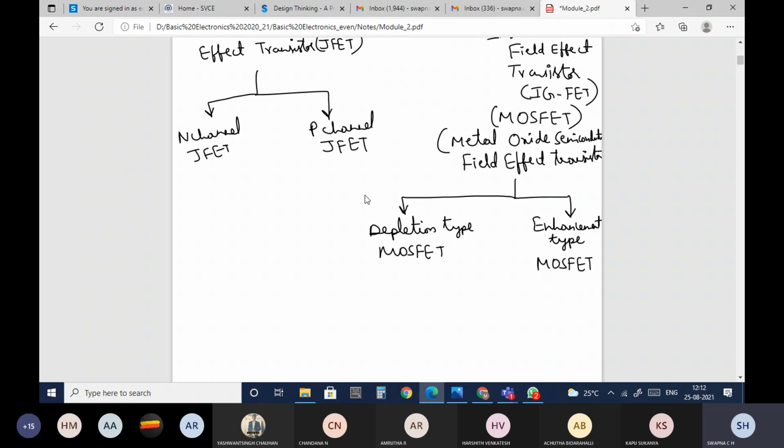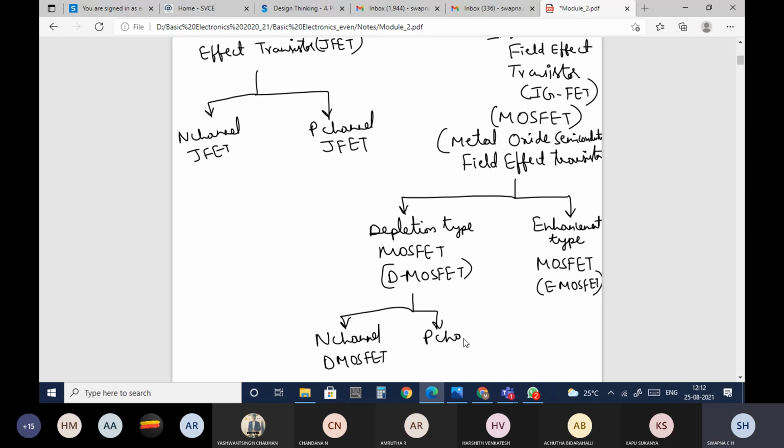Here we'll be studying the junction field effect transistor, the depletion type MOSFET and the enhancement type MOSFET, in short D MOSFET or E MOSFET. Again, the depletion type MOSFET is divided into two types: N channel D MOSFET and P channel D MOSFET.